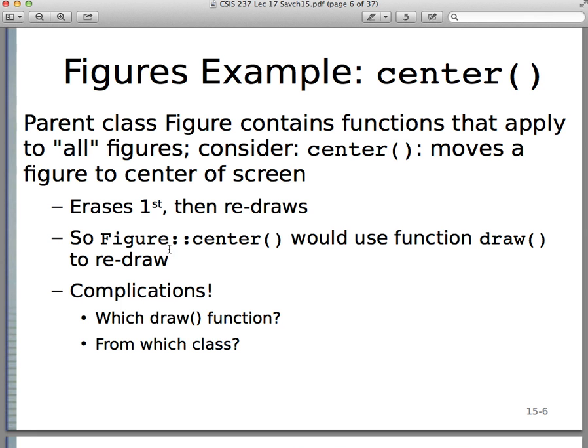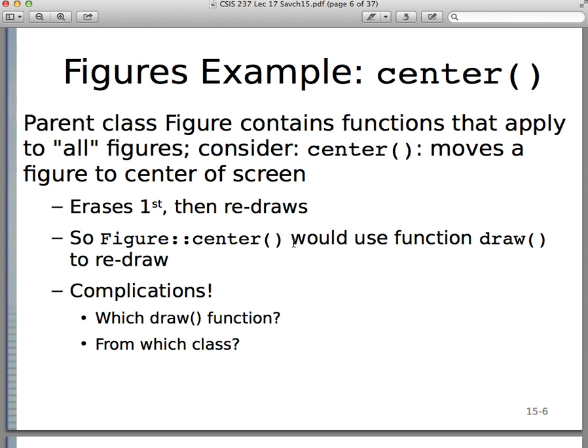So the center method of the figure class, which, remember, is just an abstract class, would use a function draw to redraw. So inside center, you have to call the draw method of the